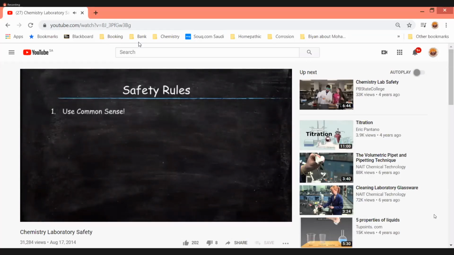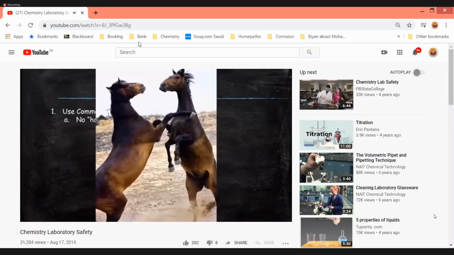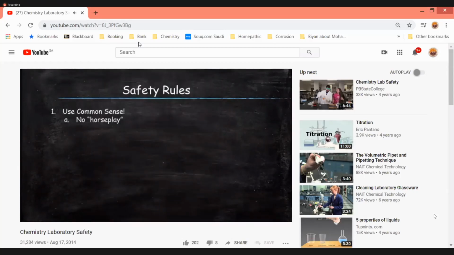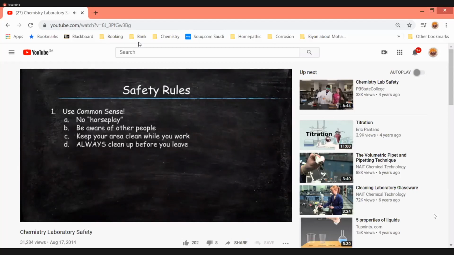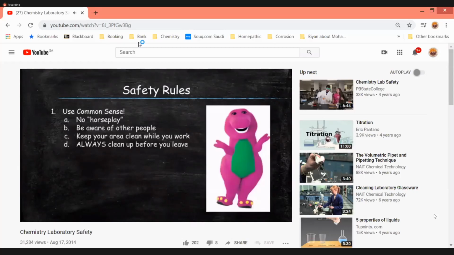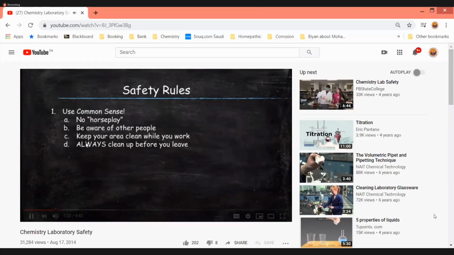The number one rule is really the number one rule of life, and that's just use common sense. That means no horseplay. Horseplay is a funny term. It sounds like horses are playing, but what it really means is don't fool around in the lab. Be aware that other people are around you. They may be carrying glassware or solutions. You don't want to be bumping into them. Keep your area clean so you're not constantly knocking things over or spilling or making a whole mess. And then when you're done, always clean up your area before you leave. In other words,